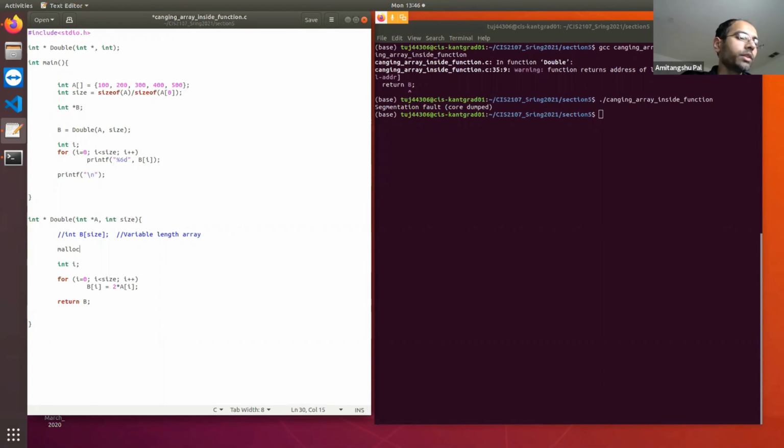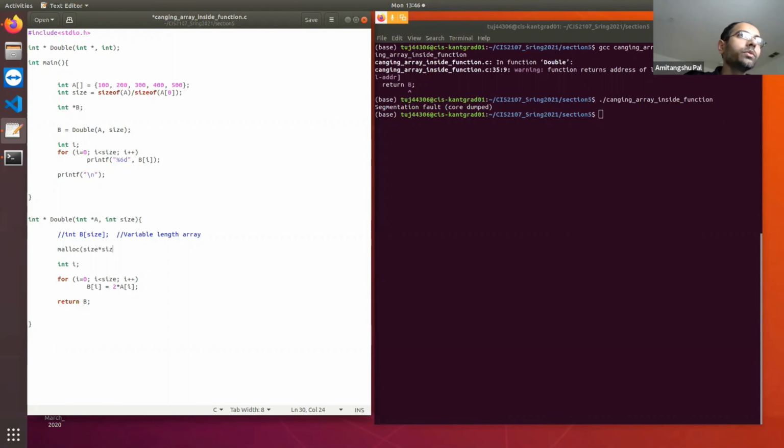I need to allocate the memory dynamically, because I know that if I allocate the memory dynamically, it will be allocated in the heap space. And unless I explicitly deallocate the memory, it will remain allocated. Okay.